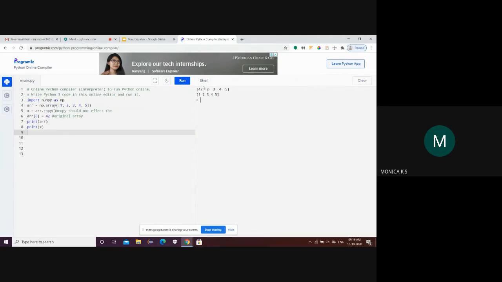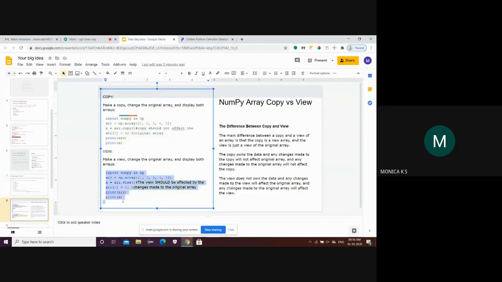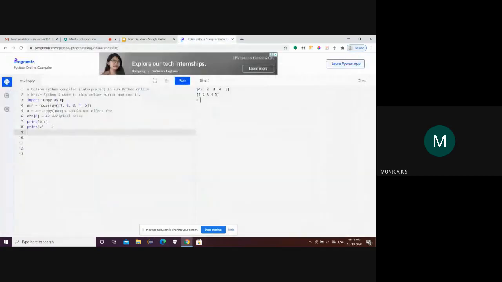So it will be replaced with 42. In view, if we change it to 42, then both arrays will be affected, but in copy only the first array will be affected. That means in copy it will not affect the original array, but in view it will affect both the arrays.